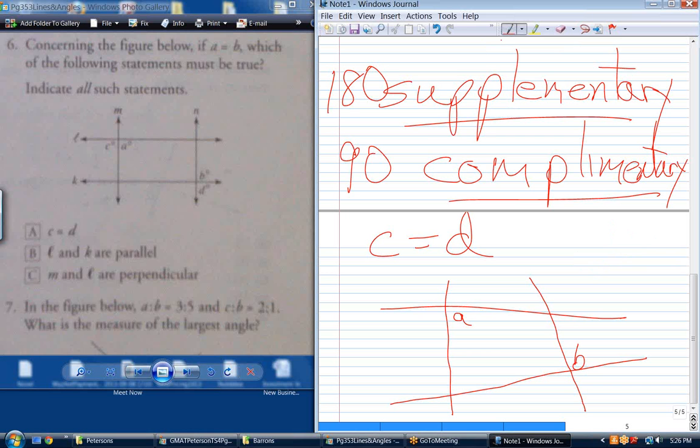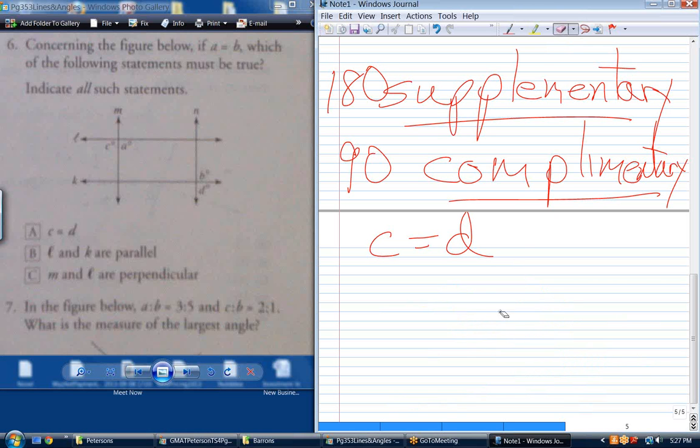Well, I guess we would have to consider M and L. In other words, if M and L are perpendicular, it means A is 90 degrees. Well, if M and L has to be perpendicular, then wouldn't you end up in a situation where